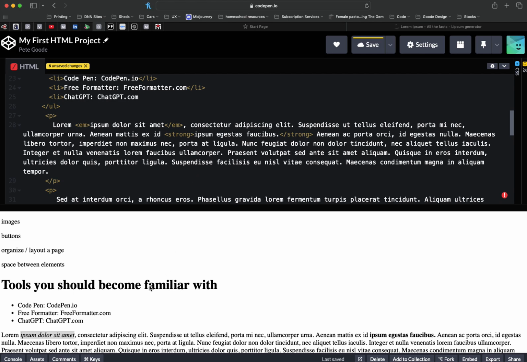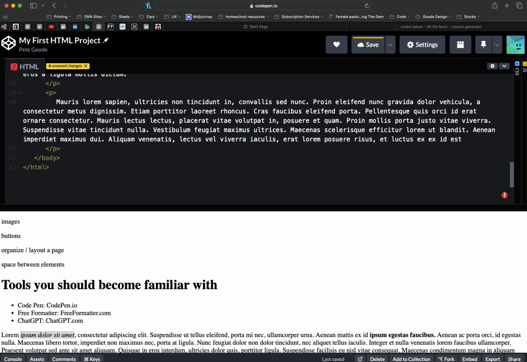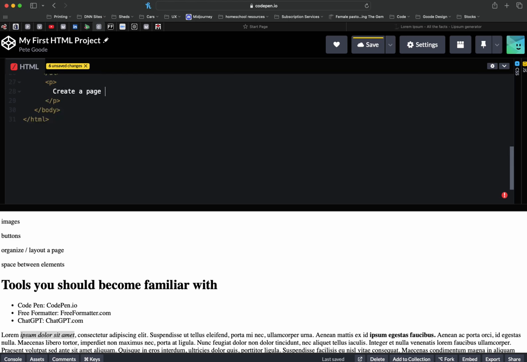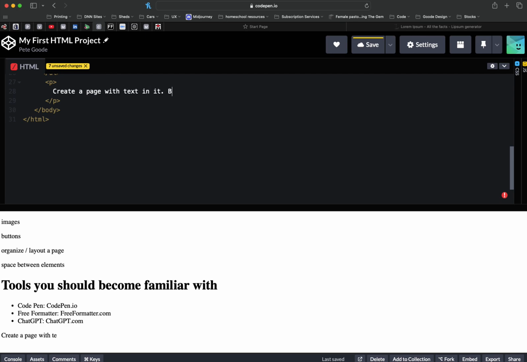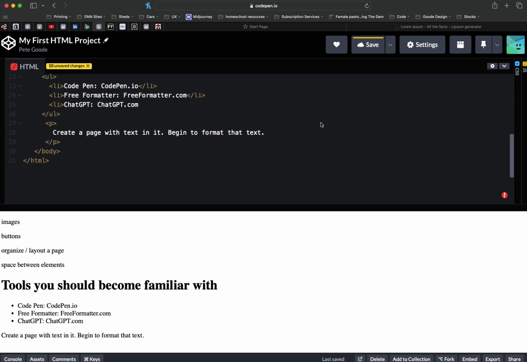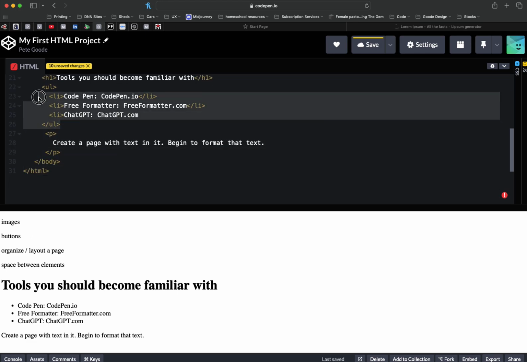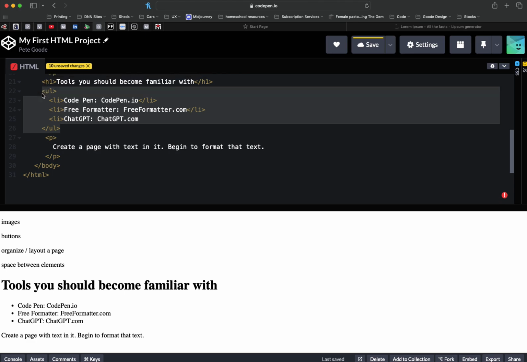So what do I want you to do? First off, I want you to create a page with text in it. Begin to format that text. You know what? That's a paragraph, and that should probably be a bullet list. So let me give you another bullet list here. So let's take that, copy it,